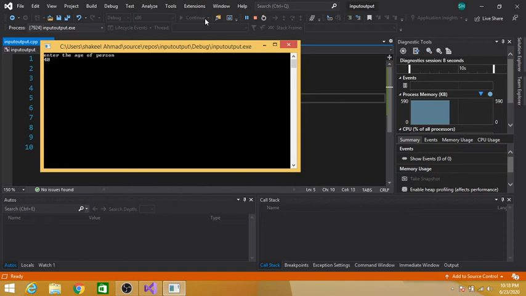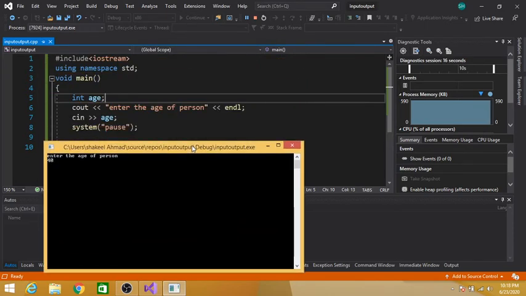For example, I type 30, and when I press the enter key, it will be assigned to this age variable. Now this value 40 is assigned to this age variable.